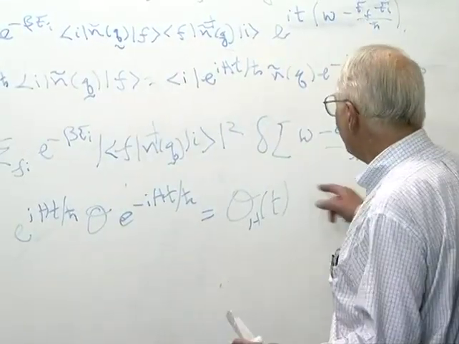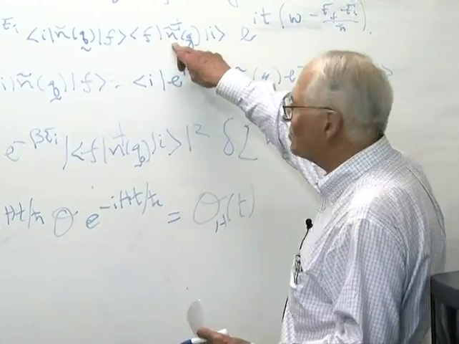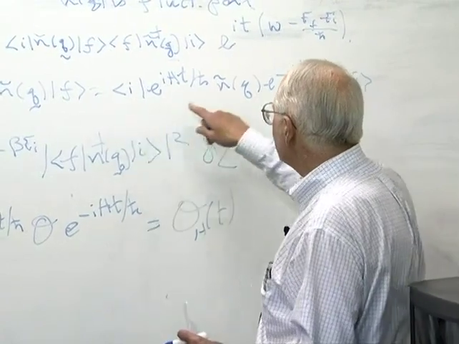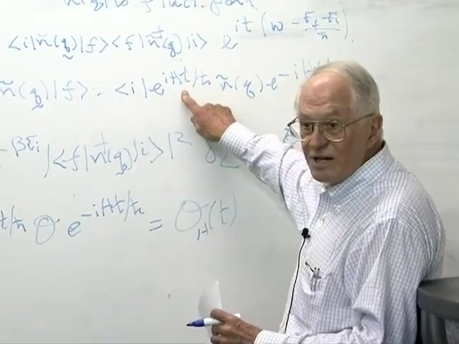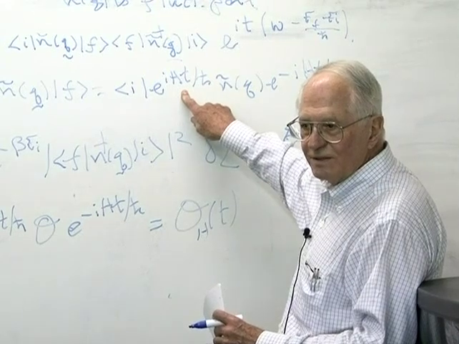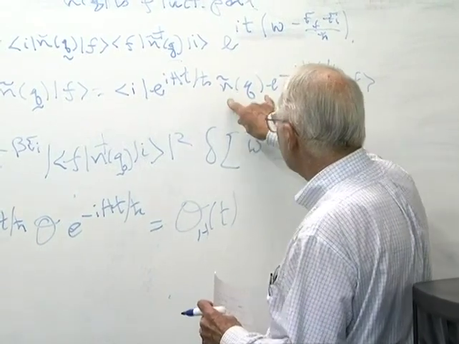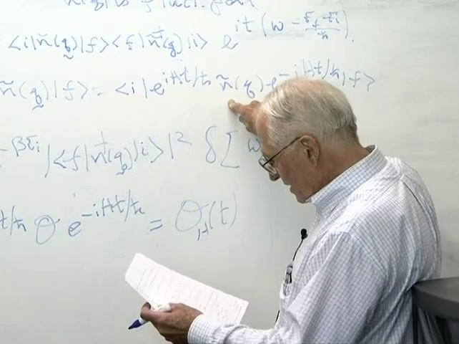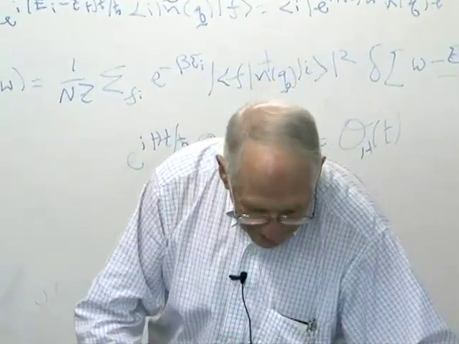And so by this device, we have gone from these functions of q only to a time-dependent density fluctuation n tilde of q and t as a Heisenberg operator. Is that clear? Because we have this structure e to the i H t, e to the minus i H t with the operator sandwiched in between. And so at the end of the day, we get,